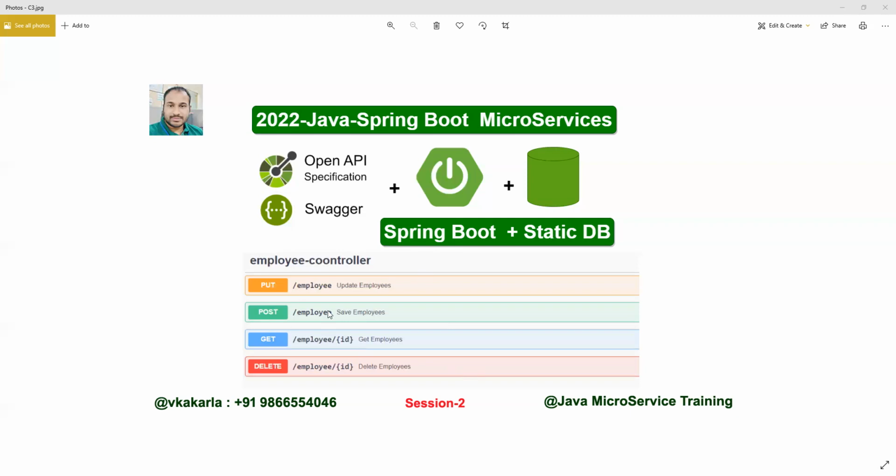Okay. So whenever we are developing, we will take an employee service and employee controller, which means update employee, post employee, get employee, and delete employee. Okay, that's fine. So how these APIs are developed and what the URIs are, you don't know, right? Until and unless you open the browser or open the controller.